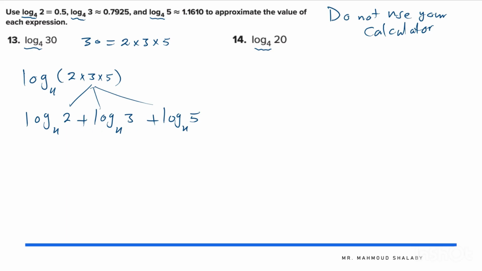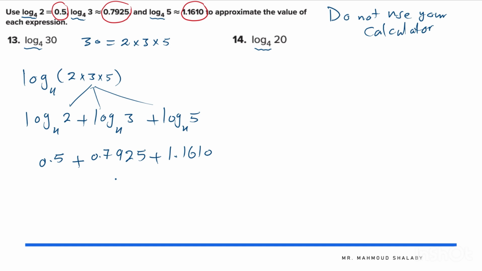Now, what will happen is you will find log 2 base 4 is given in the question, and this is the answer. Log 3 to the base 4 is given in the question, and this is the answer. Log 5 base 4 is given in the question, and this is the answer. So what I will do now, I will replace them, but the value is given in the question, which means I will replace this by 0.5 plus the second one here is 0.7925, and the last one, if you can see this in the question, is